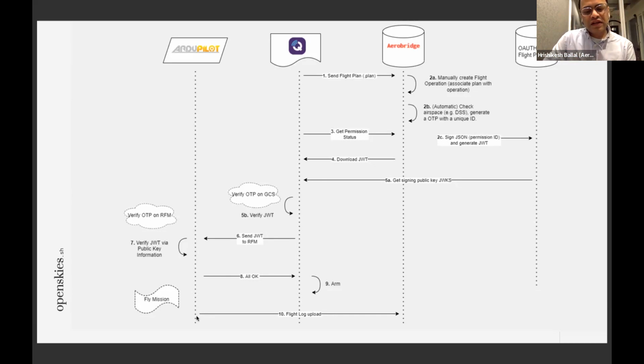And then we have plans to upload all of this data back into the management server. So what you're seeing here is a concept of a one-time token, a time-limited token that is generated by the OAuth server, managed by the Aerobridge, sent to QGCS. Then at the moment, we have an Ardupilot integration, but the thing is JWT and OTP is kind of standard